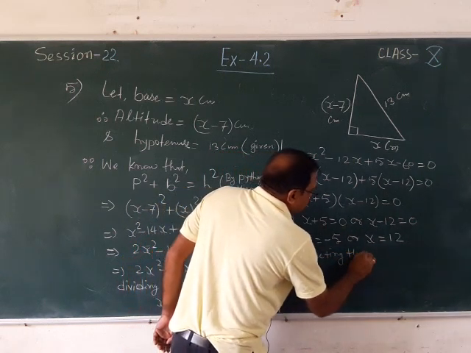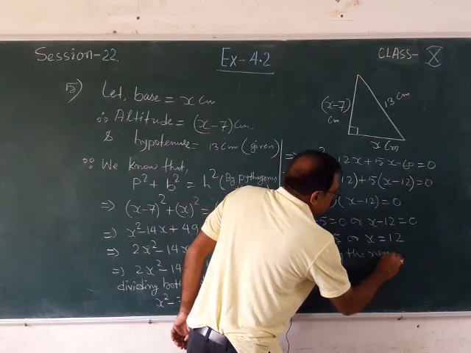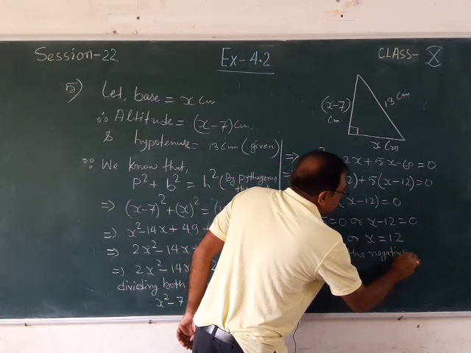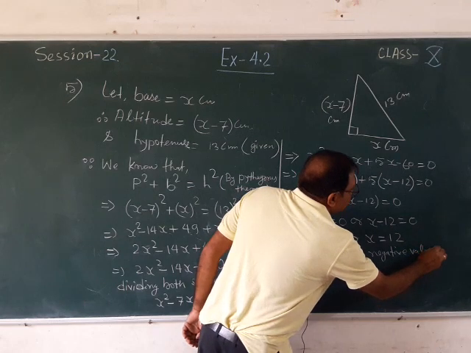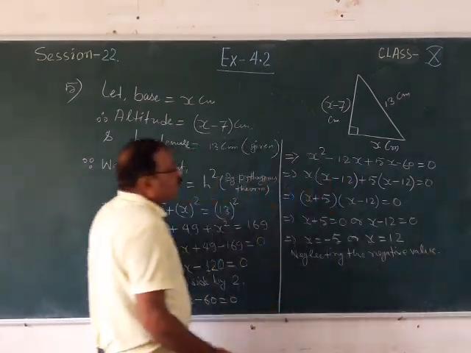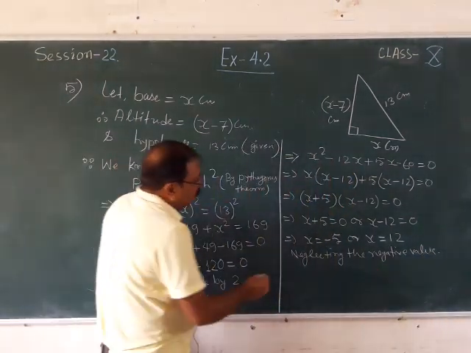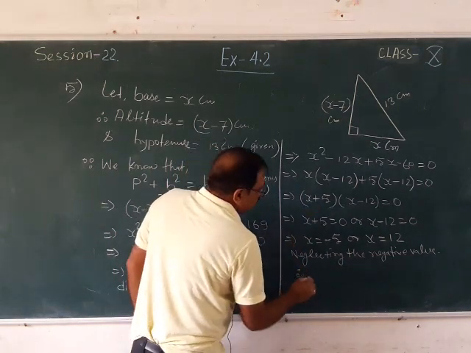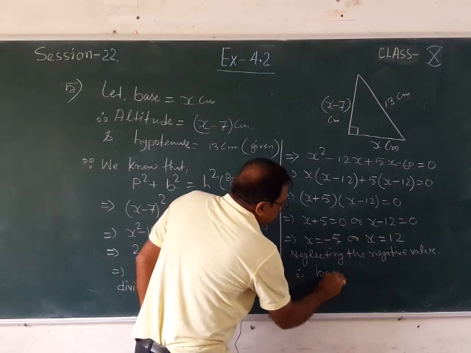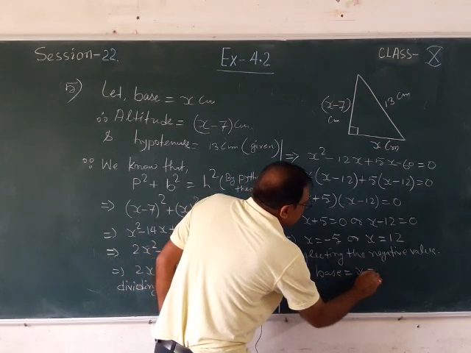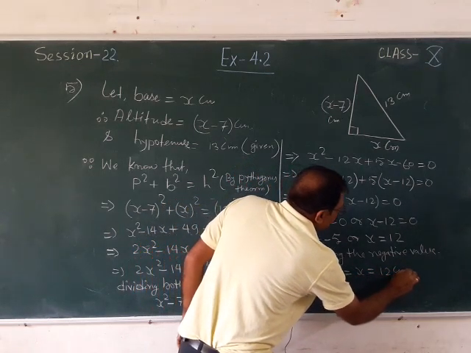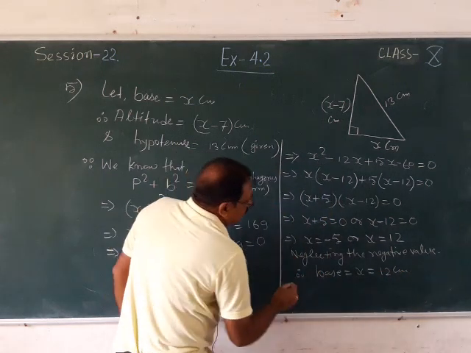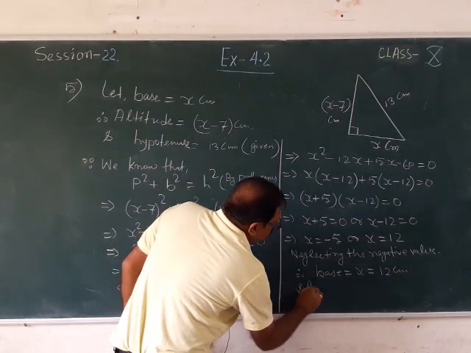Neglecting the negative value. Why are we neglecting it here? Because a dimension cannot be negative. Therefore, x, which is the base, is equal to 12 centimeter, and the altitude